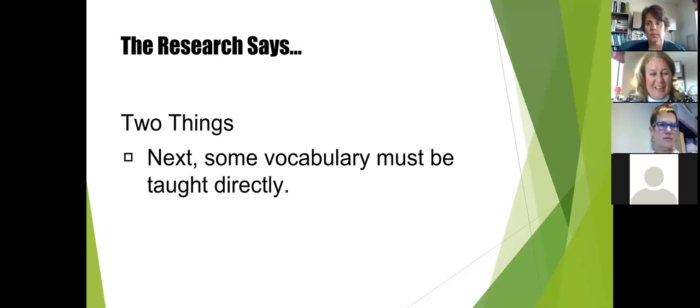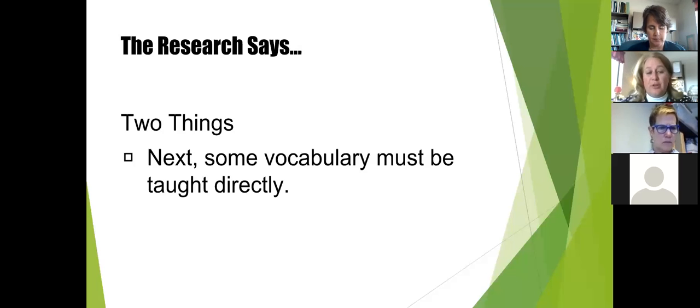Although a great deal of vocabulary is learned indirectly, some vocabulary should be taught directly. Direct instruction helps students learn difficult words, such as words that represent complex concepts that are not part of the student's everyday experiences. Direct instruction of vocabulary is relevant to given text and leads to better reading comprehension.